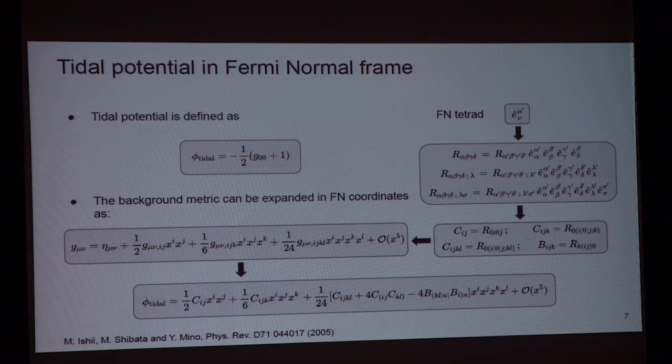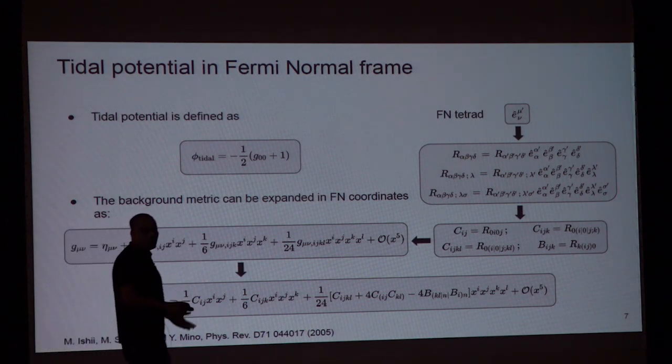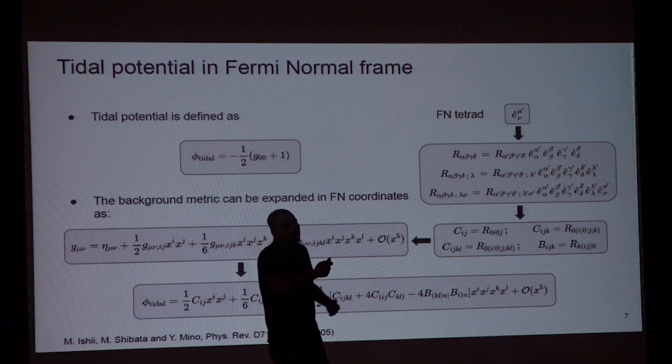Well, as I told you, you go to the Fermi normal tetrad, you construct the Fermi normal tetrad, take the suitable projections, and then expand the background metric in terms of the Fermi normal coordinates like so, and then define these quantities like the 0, 0 component you want, and the tidal potential. It's a Newtonian thing, it's like g naught naught plus 1, and this is effective because you are on the Fermi normal frame, you are in a locally flat basis, all